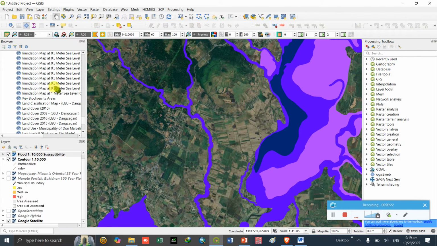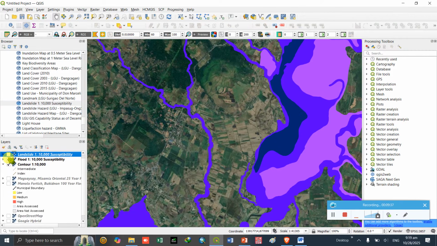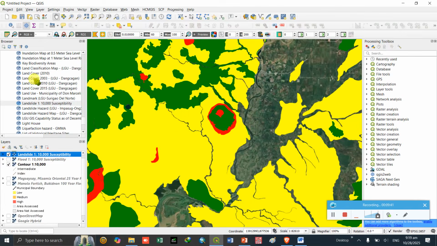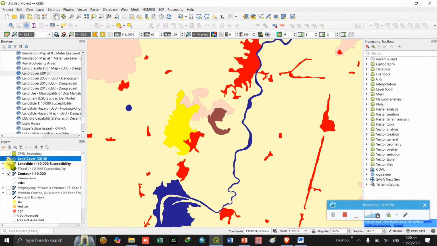Land cover 2010. This is landslide from MGB. Okay, this is landslide. Okay, then last the land cover 2010. We'll check. This is the land cover. Okay,